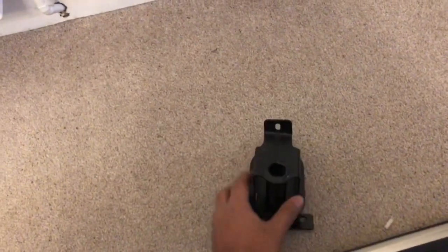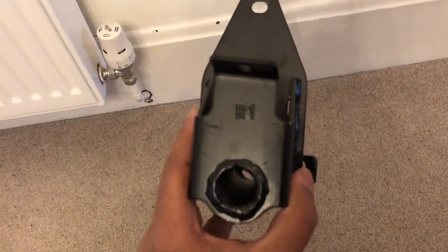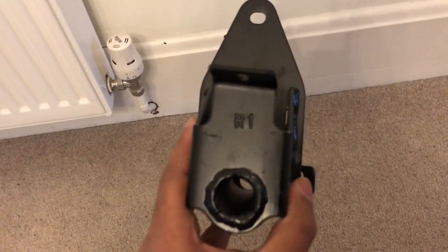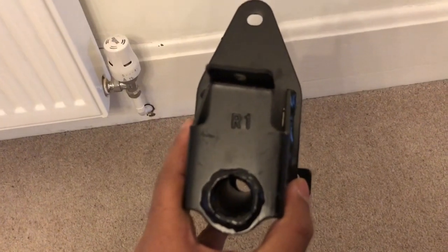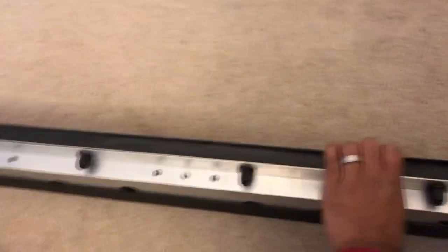Now two of the brackets will be marked with R1 and L1. I've already fitted the left front side one. This is for the right side one, so this is the driver side front, and the two back ones are generic. They have no markings, so they should be fine. Okay, second thing to note, when you look at your side step on the side, you'll see a bunch of